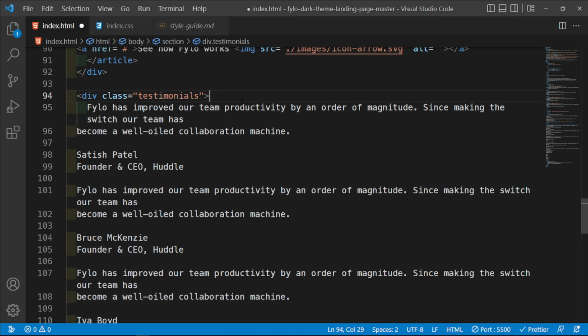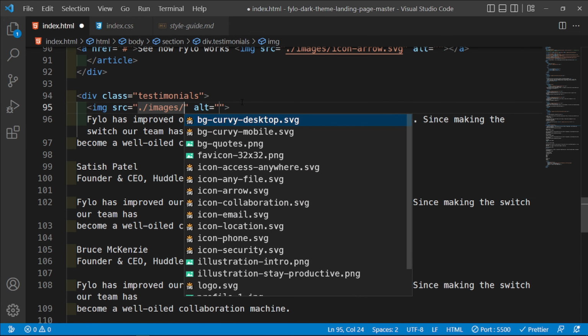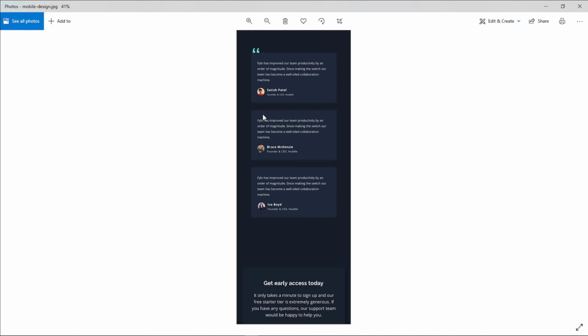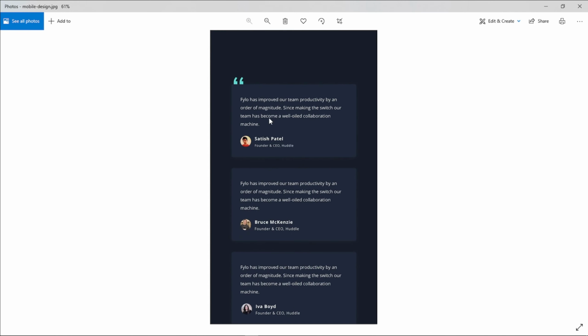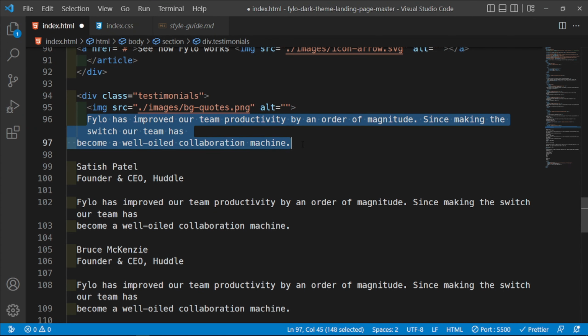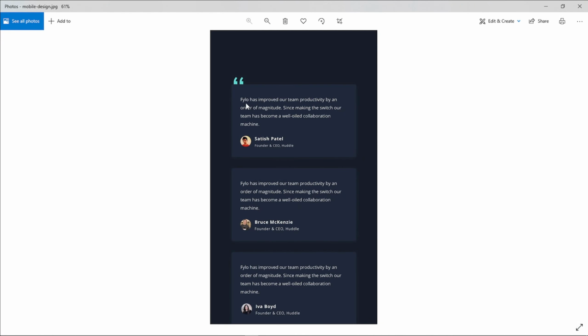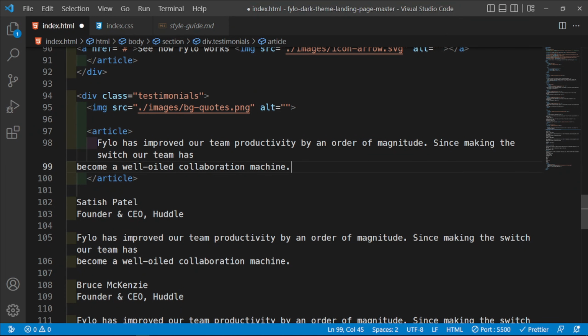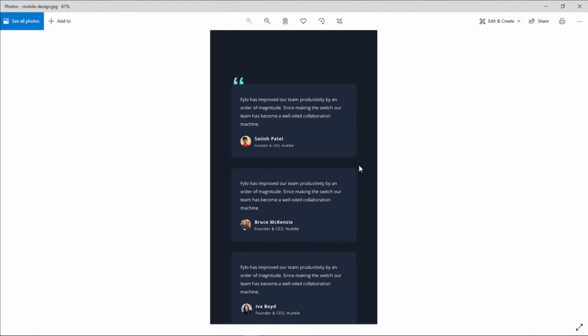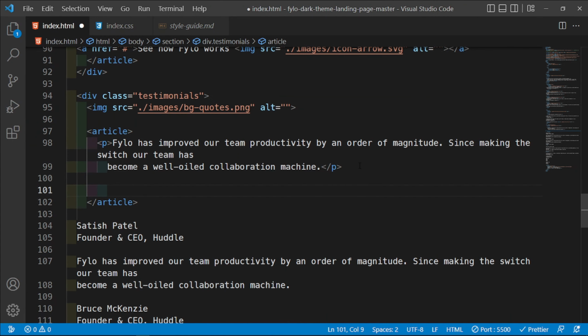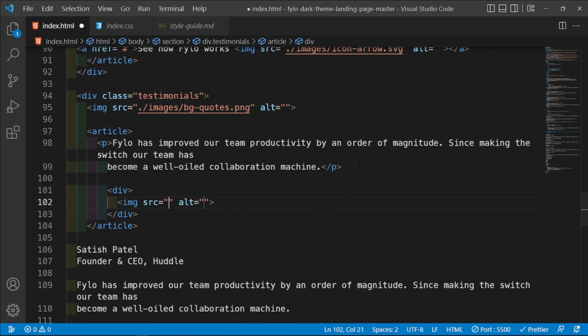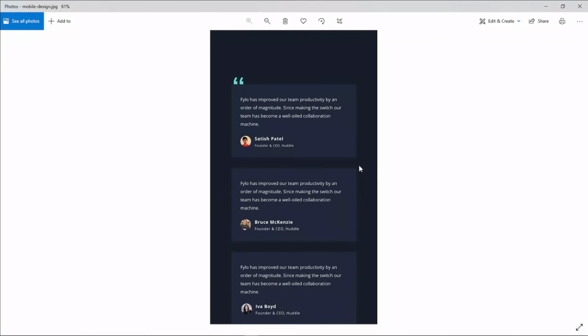And then we're going to have this. So first of all, we have an image coming from slash images, and it is called the quotes, the BG quotes. So this icon right here. And then we're going to have an article. So this is going to be an article, and the article is going to be the paragraph, and then this image, and then the name of the person here. So let's go ahead and cut this out. So cut this out to be a paragraph, and then below this we're going to have a div. This div is going to have an image coming from slash images slash